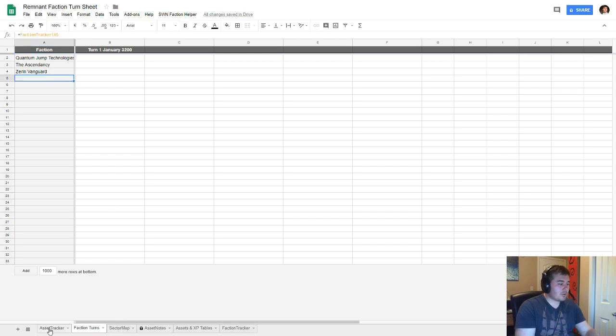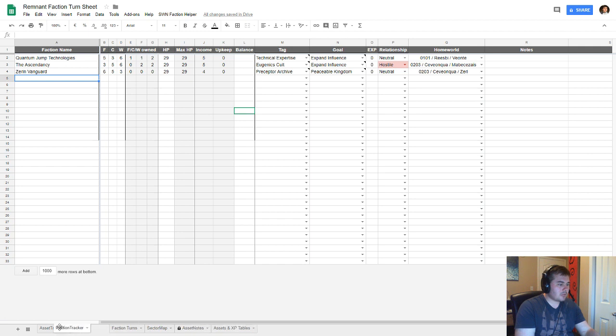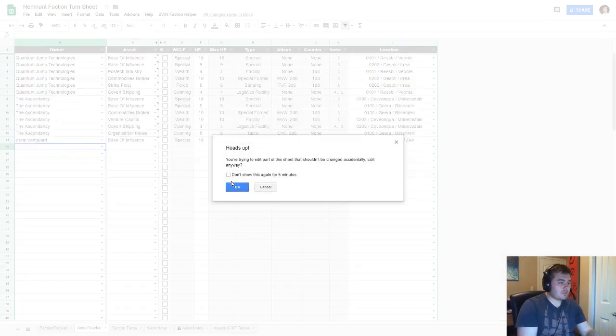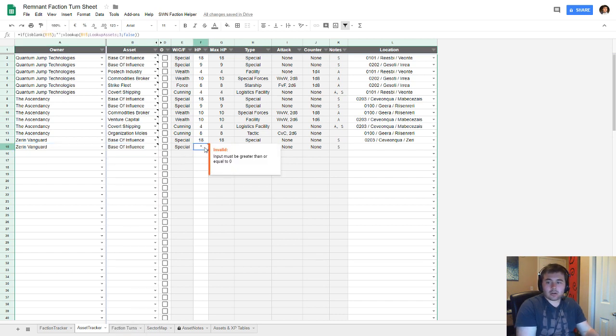That is the turn. I'm looking for the asset tracker. Did I move this? Yes, I did. Go over there. That's why that was weird. Zarin Vanguard will have a base of influence on their home planet of Zeri. I think I'm going to stick with the 1818 rule. I like that a lot. They also will have a base of influence on